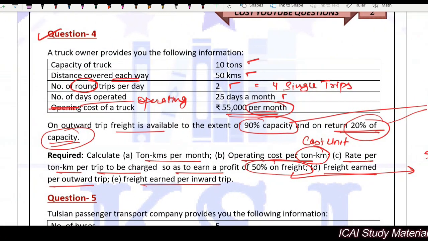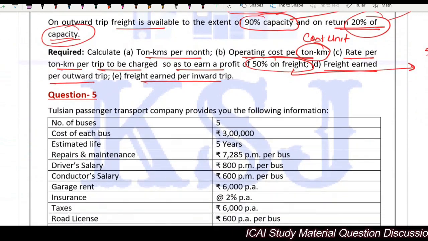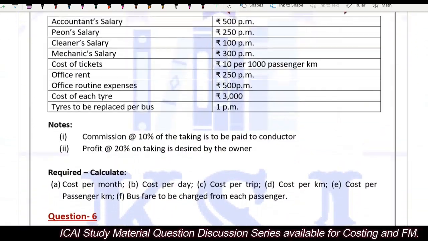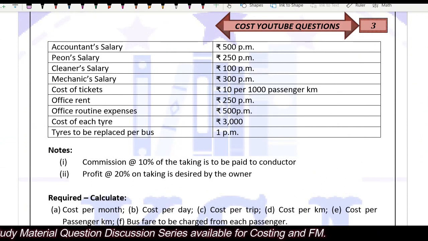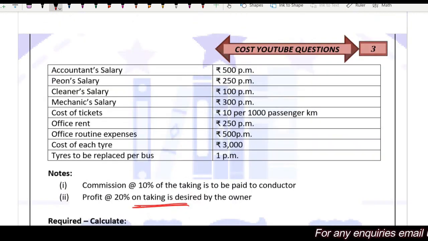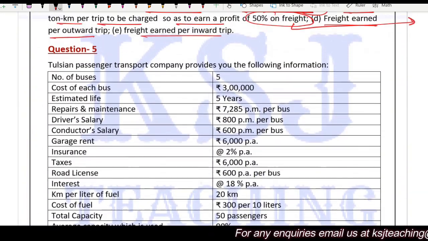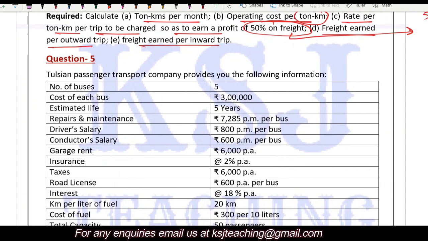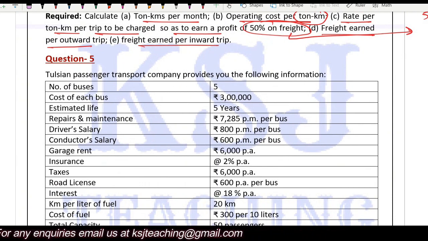The questions will be elaborative also. Now this question number 5 is a very extensive question, right, where we'll be covering all the types of cost also, where we'll be calculating the effective kilometers, passenger kilometers, everything. Total takings we'll be calculating, everything we are going to calculate in this question. This is quite a comprehensive question, question number 5, which we are going to discuss in the next lecture, with which our transport costing will be complete, right?